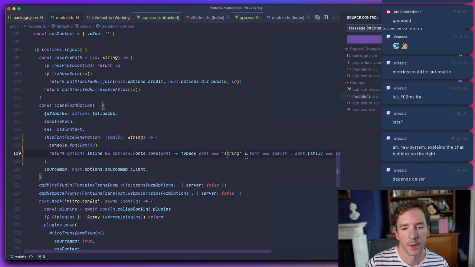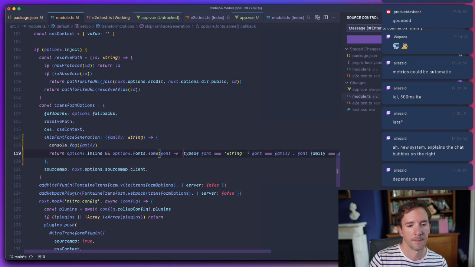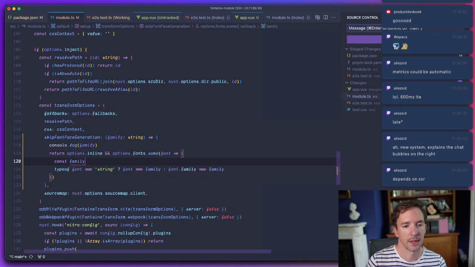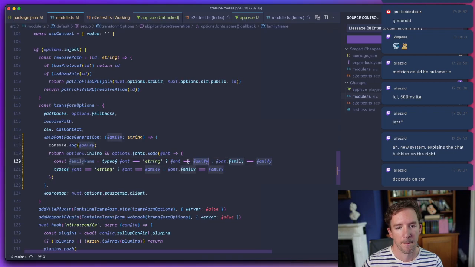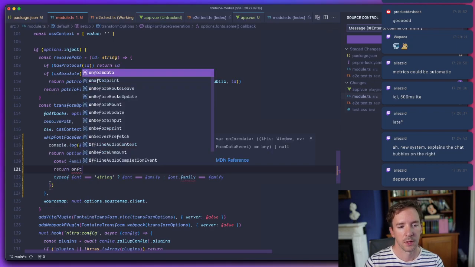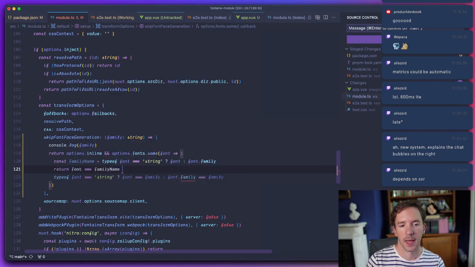So I think we would want to do two things here. So we would want to say const family name is, so we would want to make sure that both the family name and the fallback name are the same. So return font equals family name and